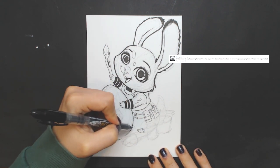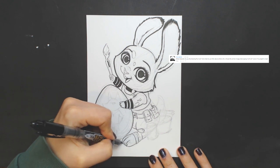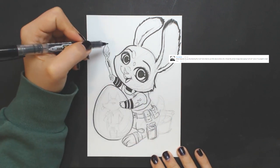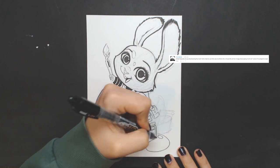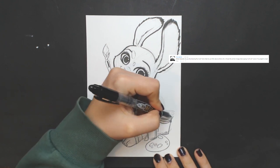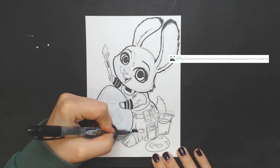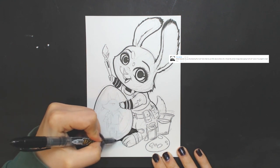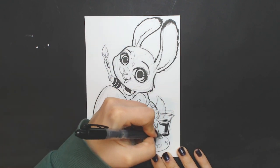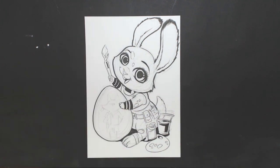Emma Eister, or Eister, I'm so sorry if I don't pronounce it well. What character do you like drawing the most? And what do you think about artists who criticize the anime manga style, saying it isn't art? This is a fantastic question, because personally I really don't like purists. Purists are people who claim that only one thing in this world is the good thing. So I say to everybody who criticizes manga and anime that it's not art, my personal advice to them is to just go and see how many hours people spend on it and how much skill people really require for